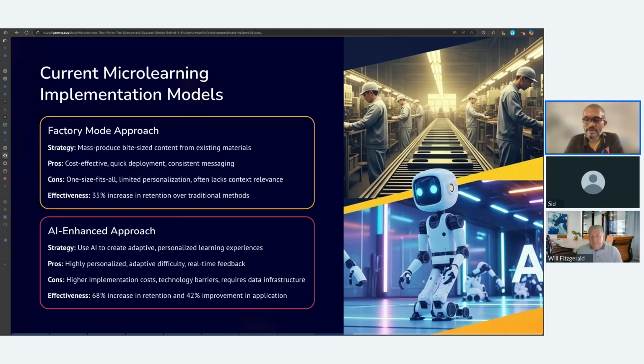True. Because I've been thinking about it. Microlearning is not a new term. It's been around for quite some time now. The thing is, what we used to do till now was create a whole bunch of learning nuggets and put it out there and hope that people would take it up and track completion rates and make sure that it's all one size fits all. That was what we call the factory mode approach.